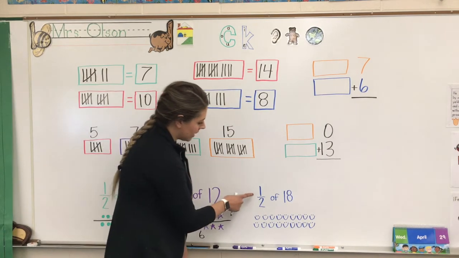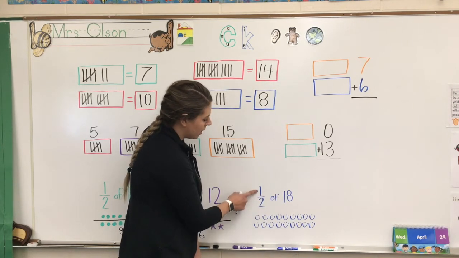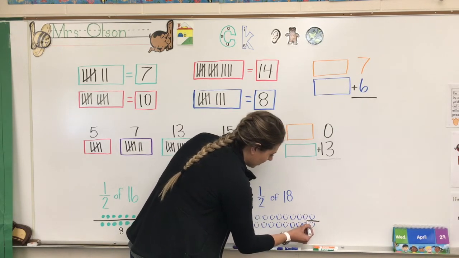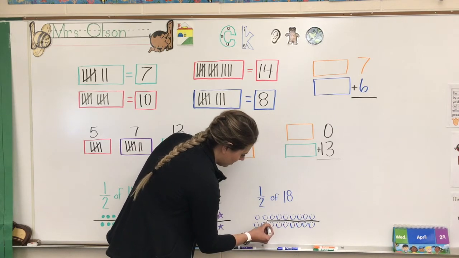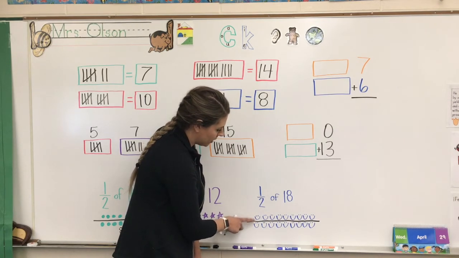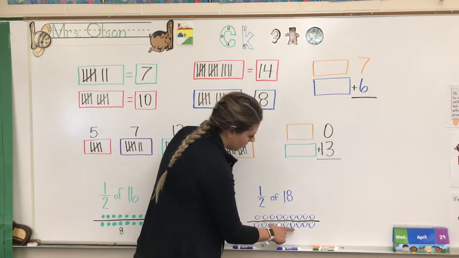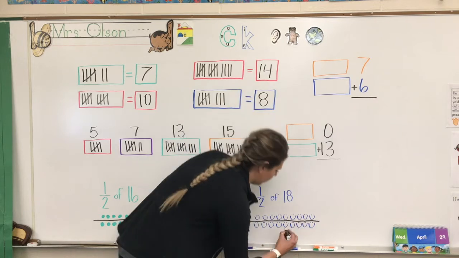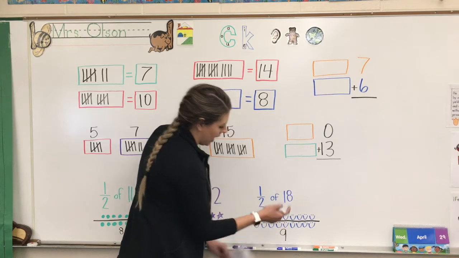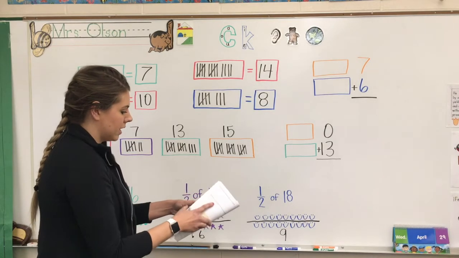And the next one, 1/2 of 18. So if we split 18 into 2 groups, what is one of those groups equal? And here we have 18 smiley faces. And let's just split that all the way down. All right, perfect. So what is one of these 2 groups equal? What is 1/2? Well, let's just count. 1, 2, 3, 4, 5, 6, 7, 8, and 9. So we can see that 1/2 of 18 equals 9. So just fill in the bubble there to show 9. And on your next page,